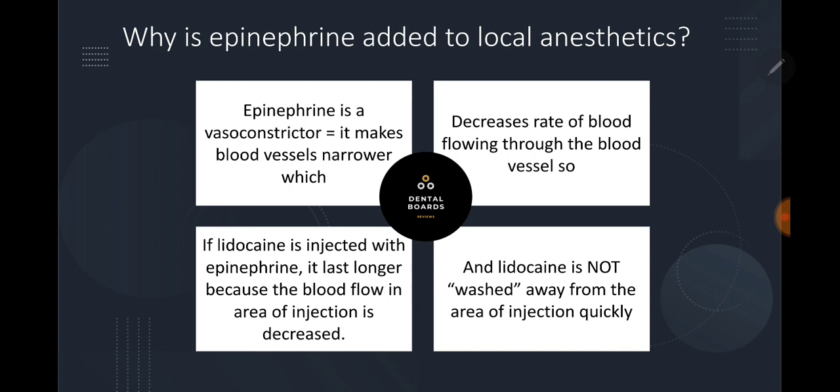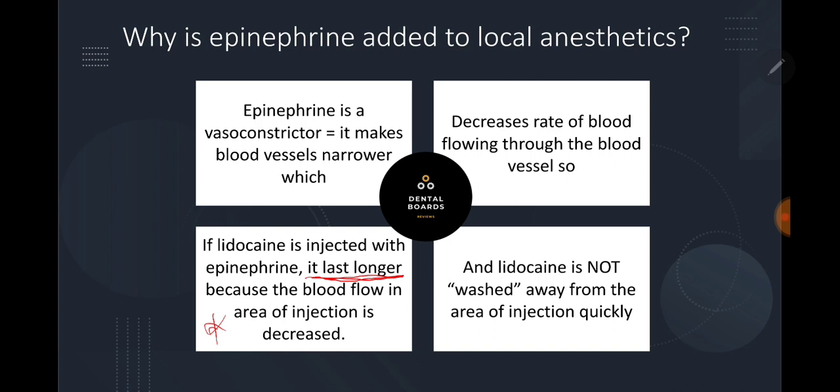So the reason epinephrine is added to local anesthetic, one, is to prolong, okay? It's going to prolong the duration of local anesthetic, okay? So the lidocaine is going to last longer when you add epinephrine. Otherwise, if you inject lidocaine without epinephrine,